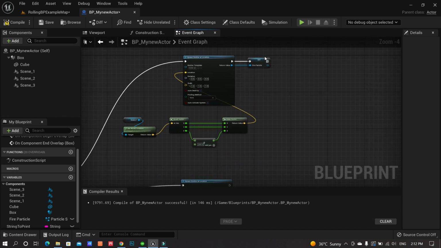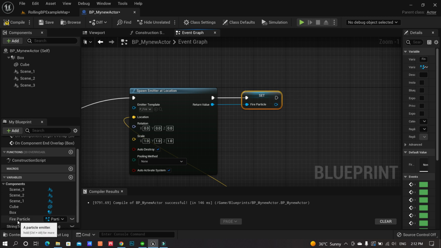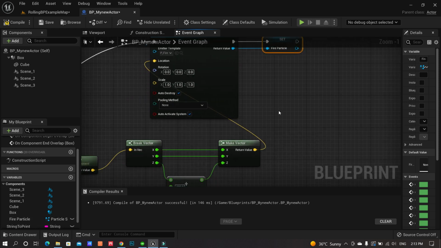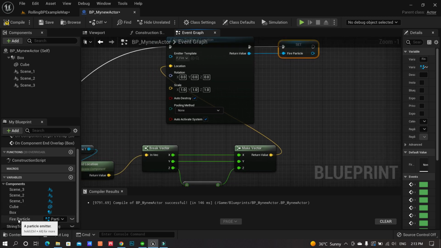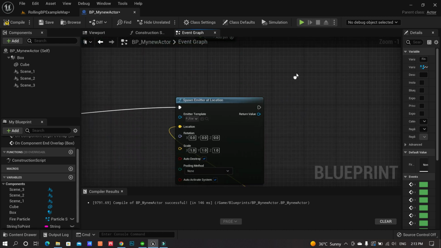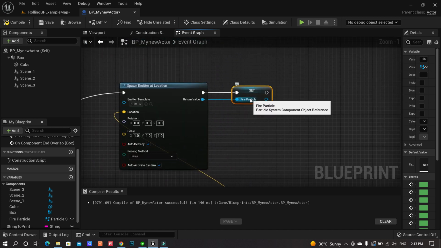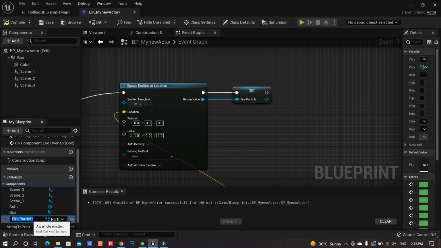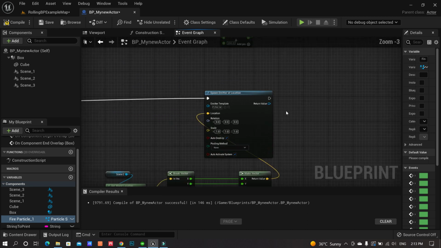Now if you see, previously we had a particle called fire particle as a variable, and it was storing the value of this emitter for that particular location itself. However, we would like to also have for the second one another variable. So to make it more consistent, let's name this particular fire particle _1. And in the same way, if we go back and take the return value of the second emitter,